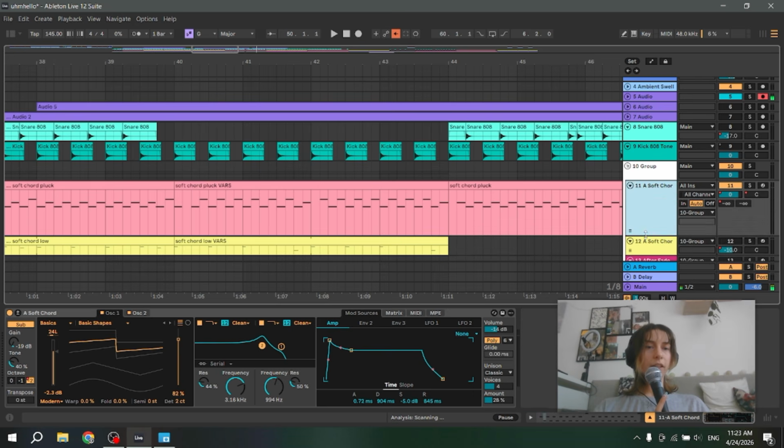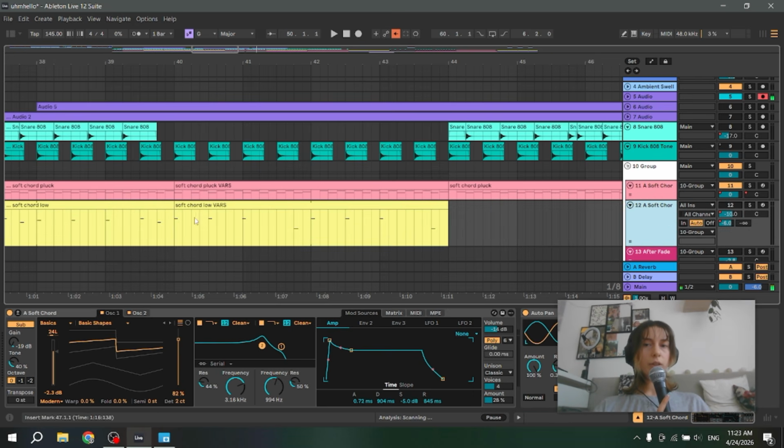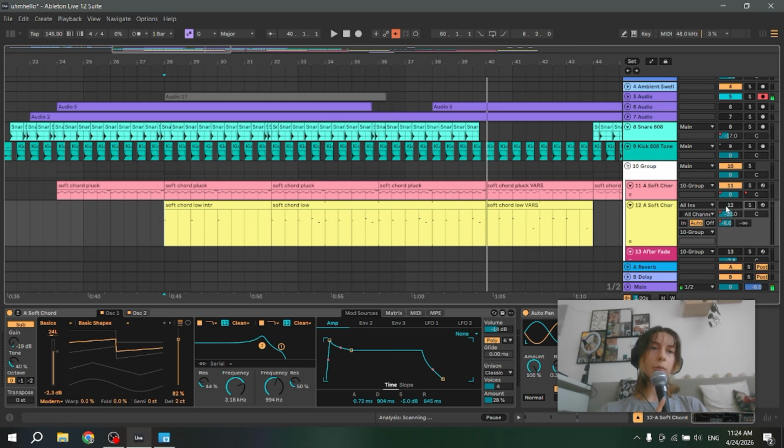So now we actually get to my favorite part, which is just the second layer of the soft chord instrument. I don't know, I think it speaks for itself.